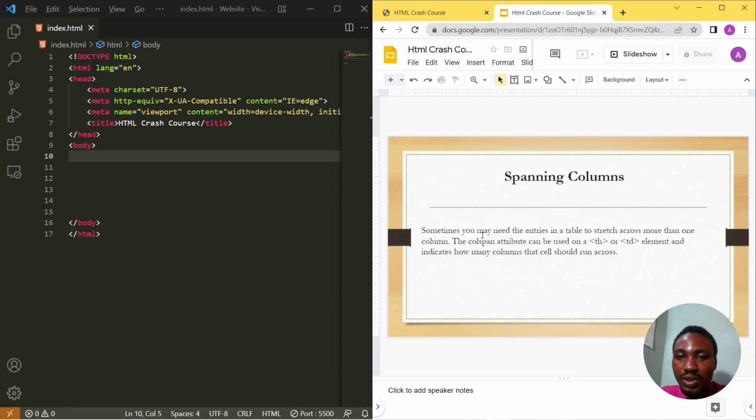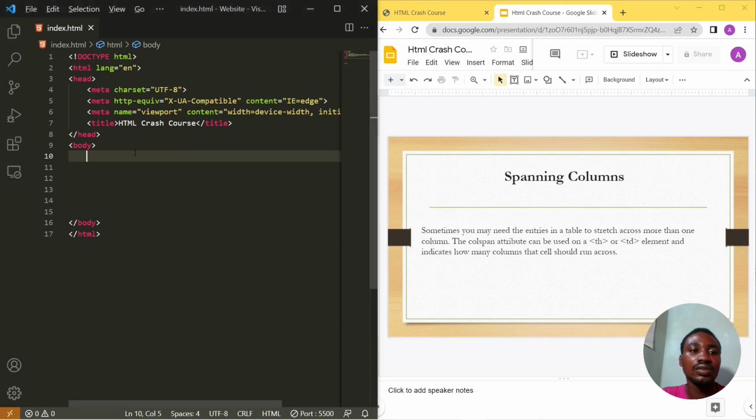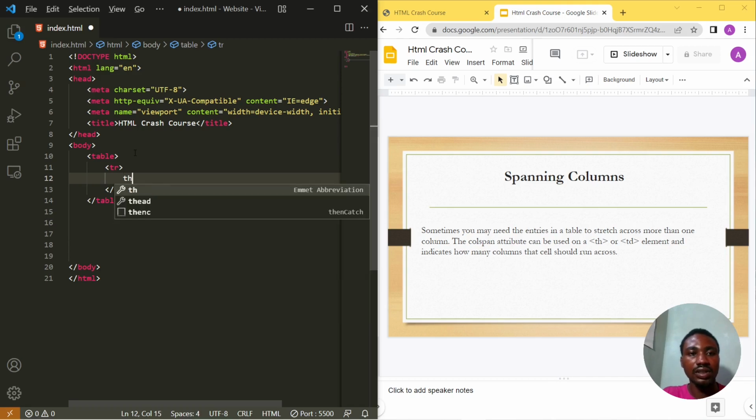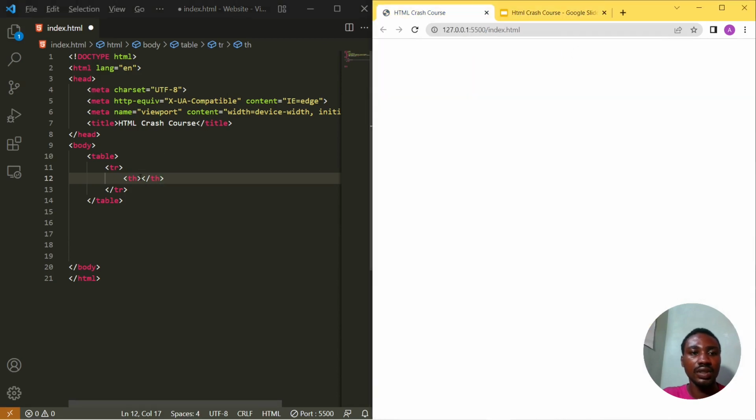Spanning column. Sometimes you might need the entries in the table to stretch across more than one column. The column span attribute can be used on the TH and the TD elements and indicate how many columns the cell should run across. So we'll come here again. Since we are still working with table, we have tables, then we have in the TR tag, don't forget that. So we want TH, come right over here, table heading, we have 9